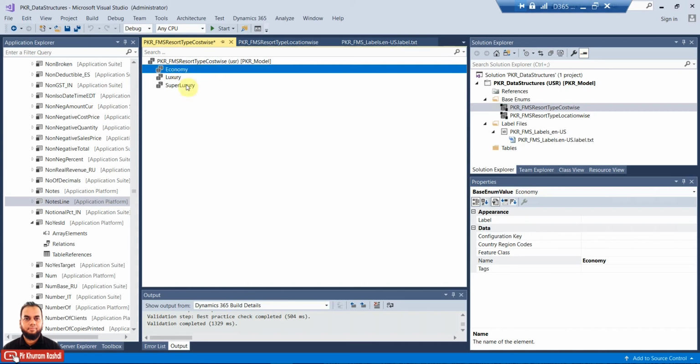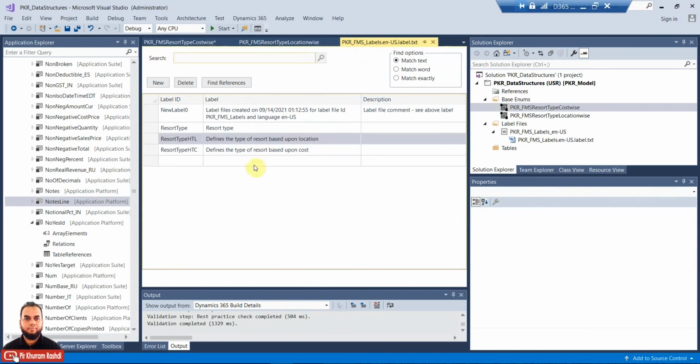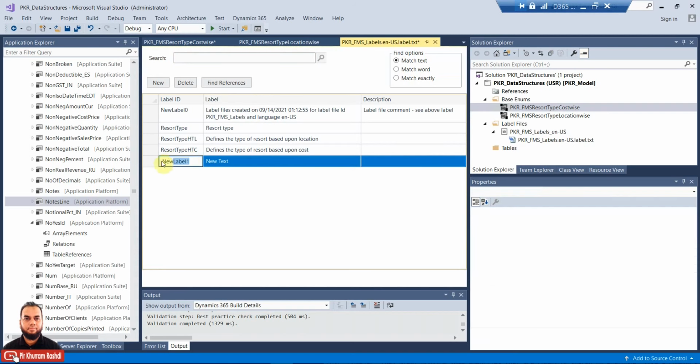So basically now we can also define the labels. We can just go to the label file and we'll define labels for each of the resorts.